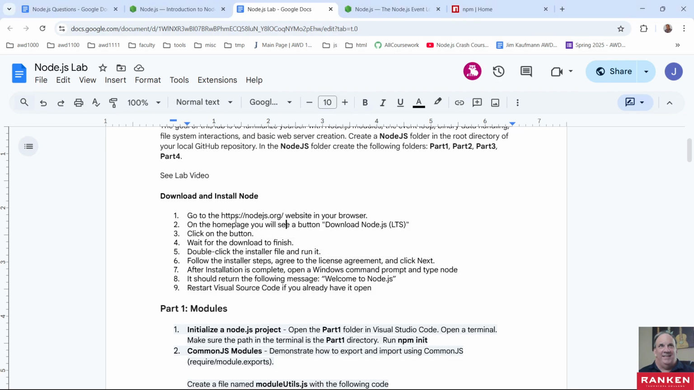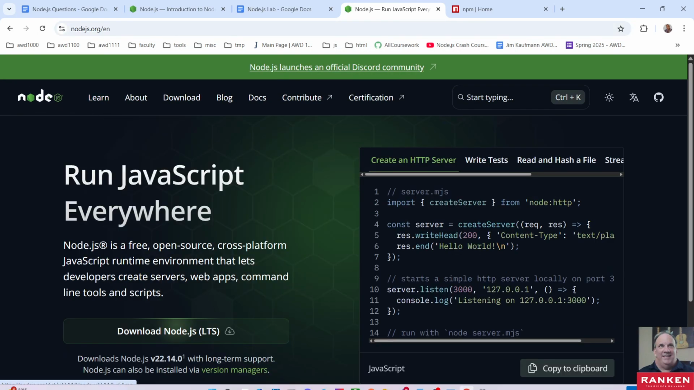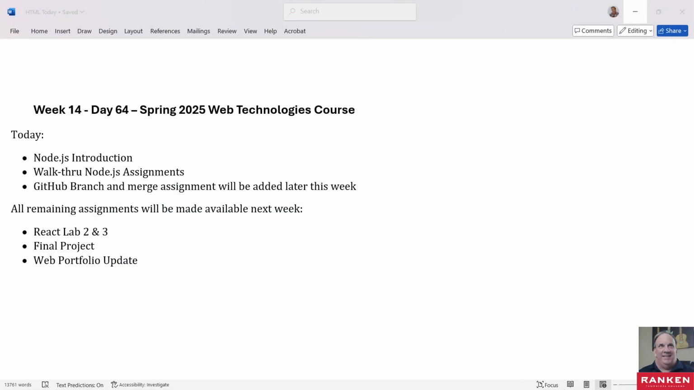So first, just go ahead and download Node. Go to the website, on the home page there, you're going to see the download Node.js LTS button. Let me just go to the front page here. Just go ahead and click that, and it will download an executable. Double click and install that executable. And then after you're done with that,